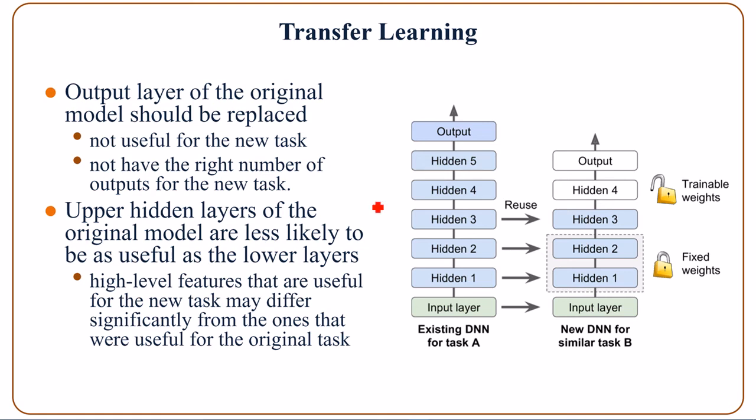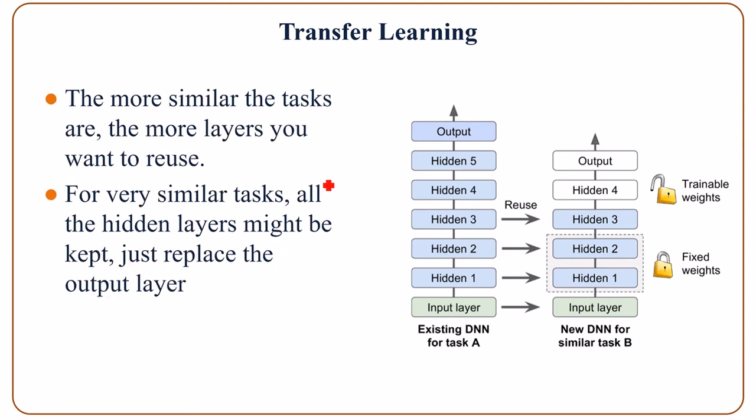Let's look at an example, which is on the right side. We have an existing deep neural network which was used for task A on the left, and another deep neural network which is used for a similar task B. The principle is that the more similar the tasks are, the more layers you want to reuse. If the tasks are very similar, all the hidden layers may be kept, and we just need to replace the output layer. In this example, 3 lower hidden layers were kept,